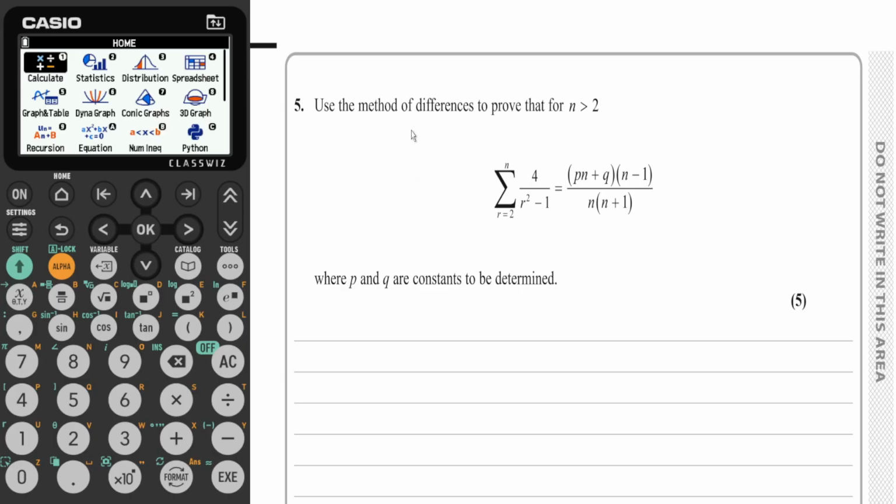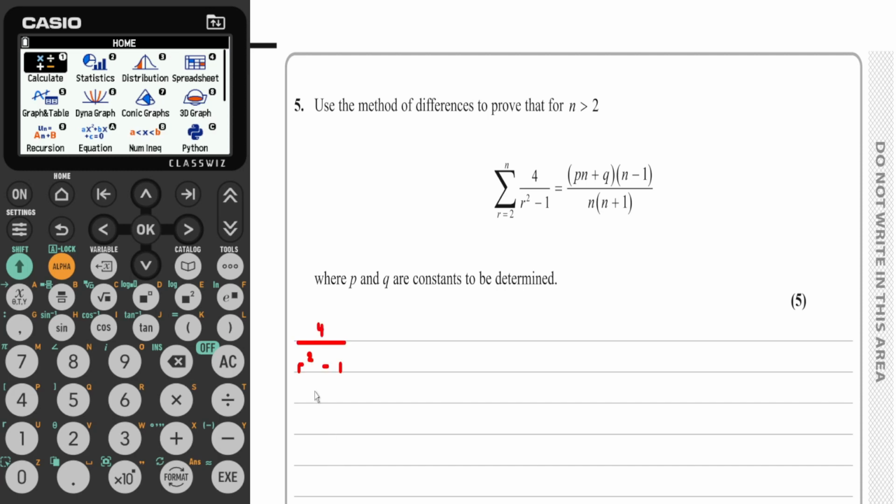Question number 5. Use the method of differences to prove that for n being greater than 2, the sum of 4 over r squared subtract 1 from r equals 2 to r equals n is equal to pn plus q times n subtract 1 over n times n plus 1, where p and q are constants to be determined. To begin with,